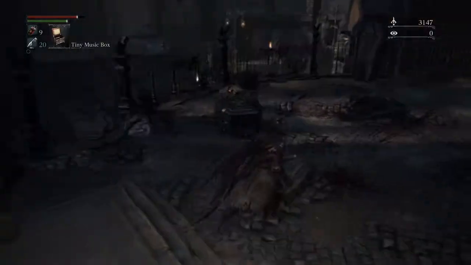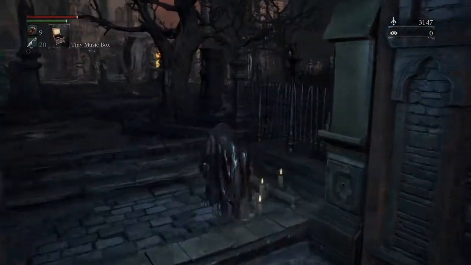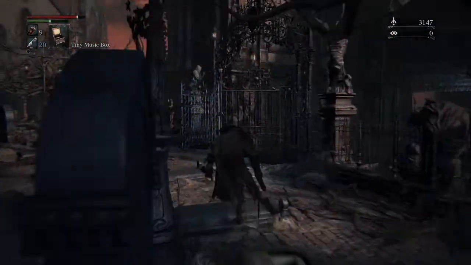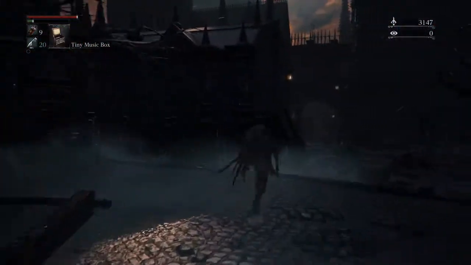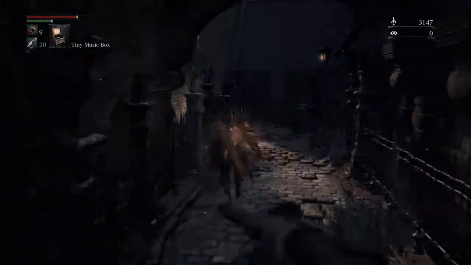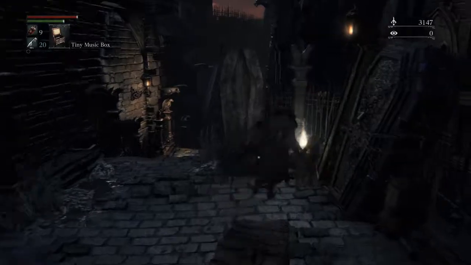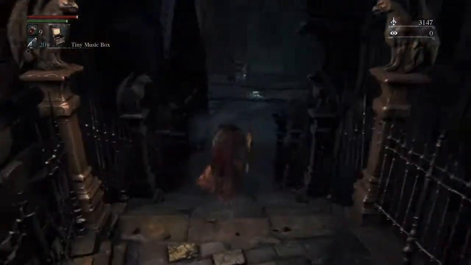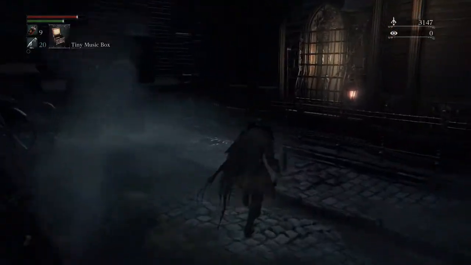Okay, so instead of going down this way, we're going to go around past the anger management with a giant axe, and then down here to meet these two new NPCs, and then we'll have to fight a pretty annoying enemy, if I do say so. Poison knives, 12 of them. Okay, so over here will be...